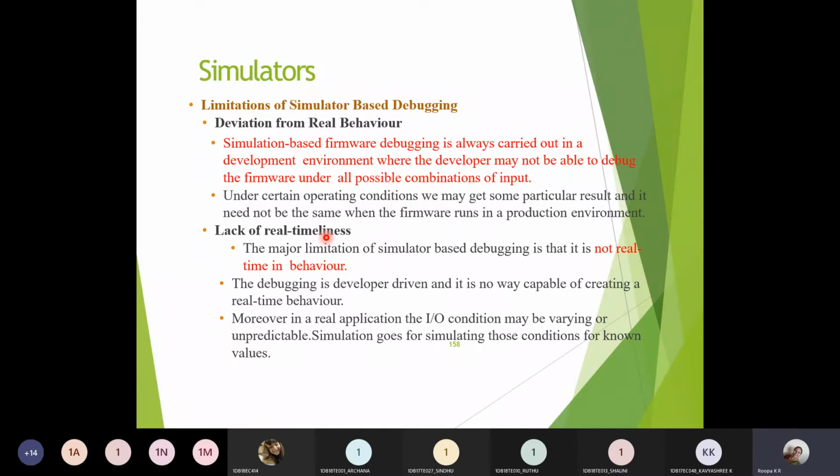We cannot make a note of for which real-time input value I am getting the output at different instants of time. So lack of real timeliness, and the other one is deviation from the real behavior.